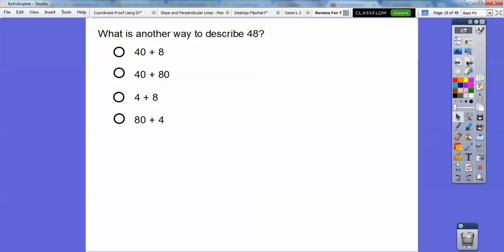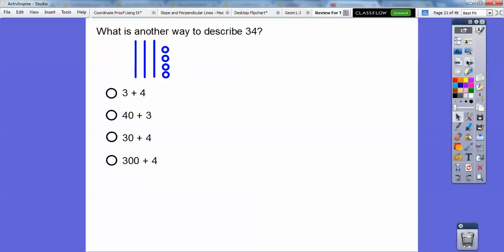What's another way to describe 48? Okay, so 48 is, that's the tens, that's the ones, so 4 tens, 8 ones. 4 tens is 40, 8 ones is 8, so 40 plus 8, so it's going to be that guy right there, okay? Okay, notice we bubble that in, the circle that's opened is next to our correct